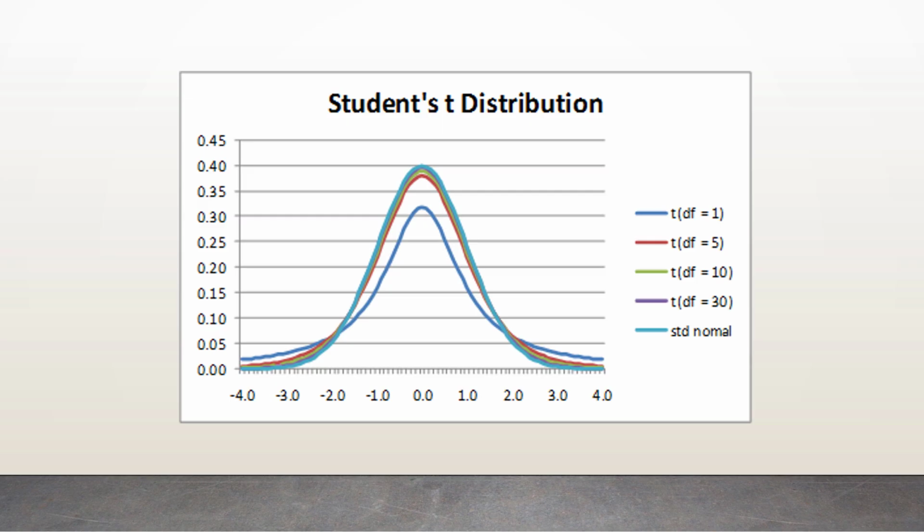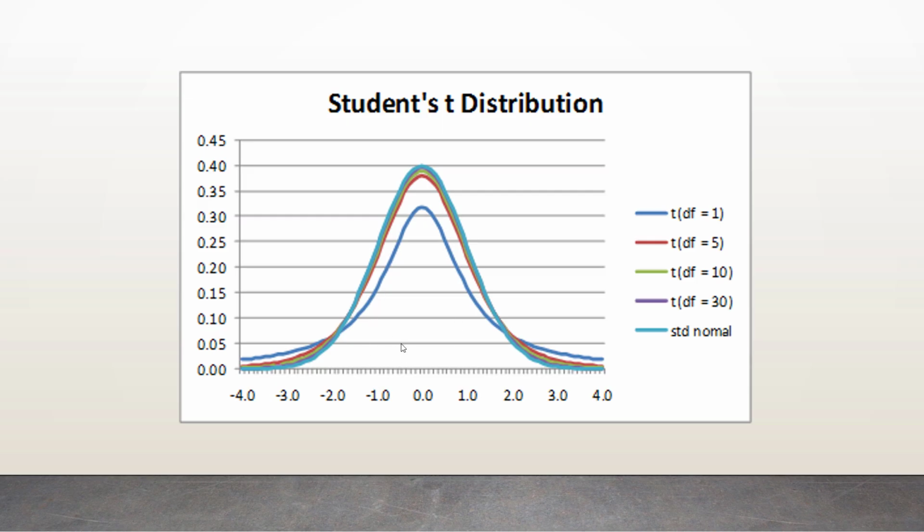Let's illustrate this with the sampling distribution of the mean. On the horizontal axis, all values are standard scores, showing how far a point is from the mean in units of error. In the t-distribution, similar to the normal curve, every score corresponds to a probability marked as the area